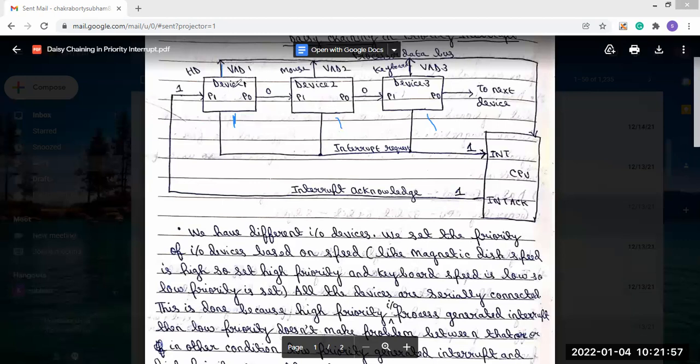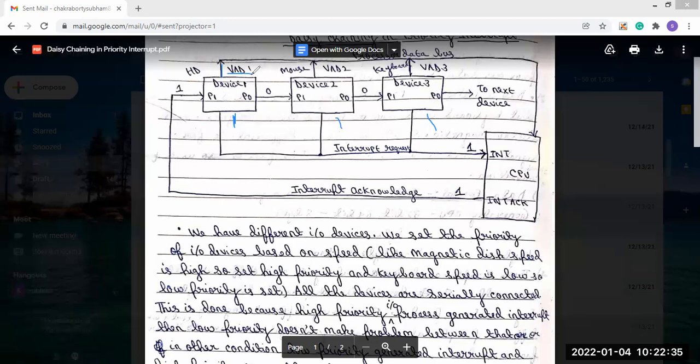This vector address will be produced by the device which generated the interrupt. So if device 1 generated it, then device 1 will produce the vector address. If device 2 generated the interrupt, then device 2 will generate the vector address. And if device 3 generated the interrupt, then device 3 will produce the vector address. So whichever device generated the interrupt will produce the vector address.